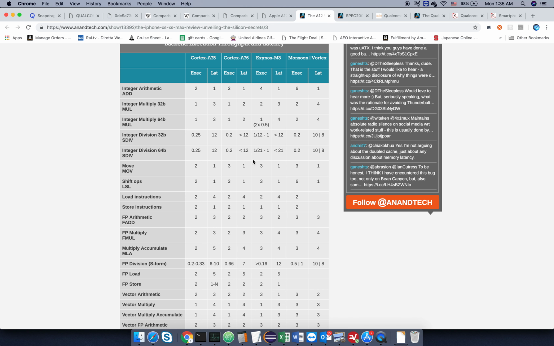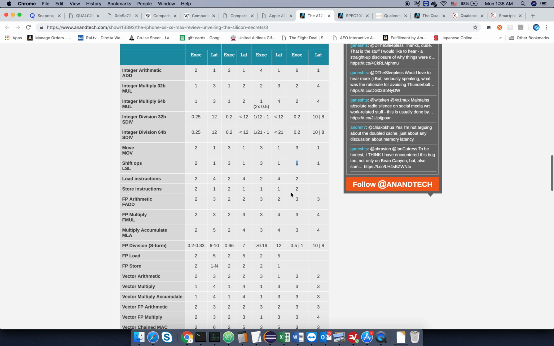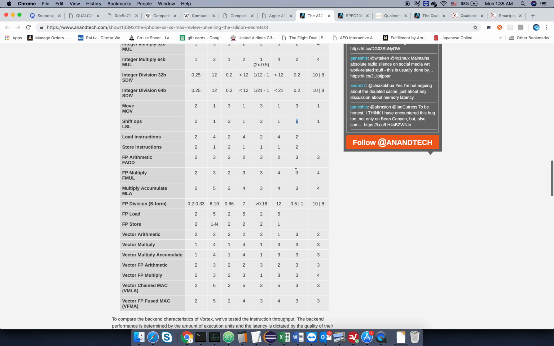And same here, move is better than the ARM ones, and shift is better, and almost everything is better than the ARM design. Well, not necessarily better, but faster. It has more potential to execute more instructions simultaneously.